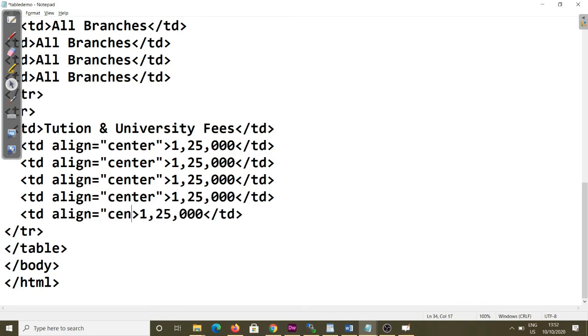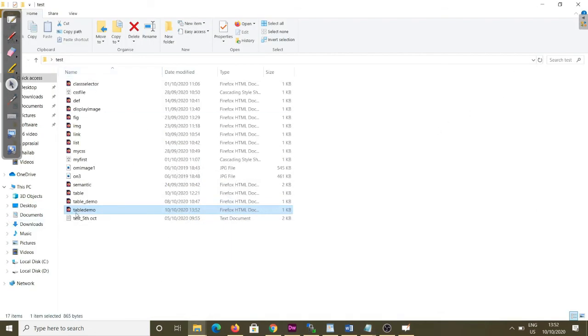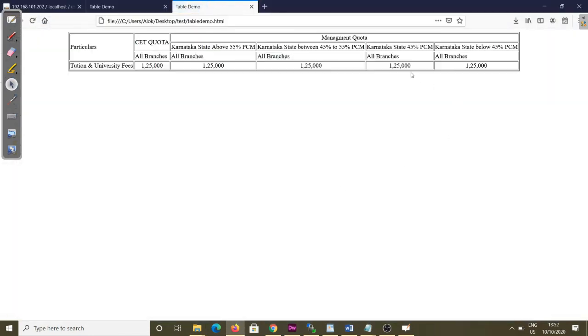So align is again very popular and common; you can use it along with the paragraph, table, tr, td, anywhere. Control S, then you refresh the page. You see now this value is coming center.